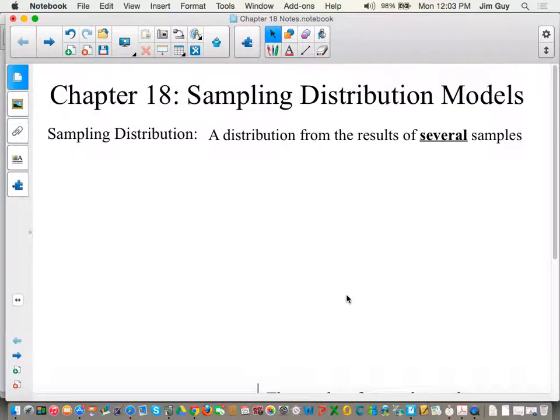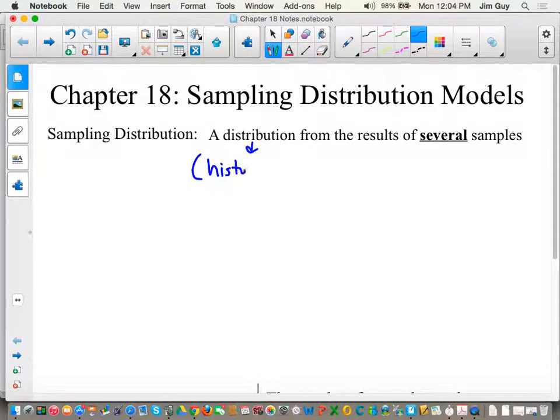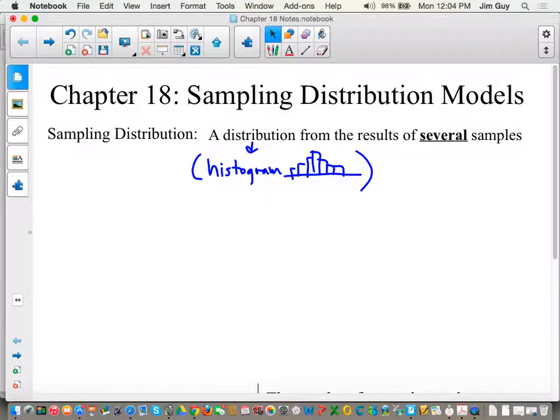Sampling distribution. It's a distribution from the results of several samples. That's exactly what we just did. And by a distribution, we mean, think about a histogram. So in other words, a sampling distribution would be exactly what we did. Each one of these dots represents one of your samples. In this case, it was 5 beans. Okay? And in this case, there was 20 beans,